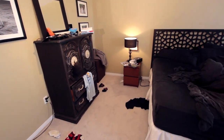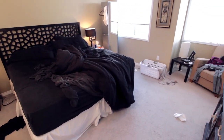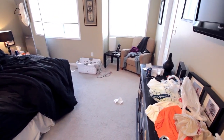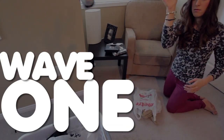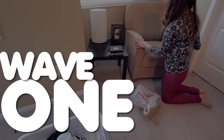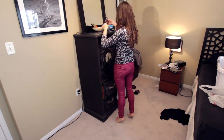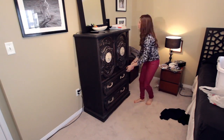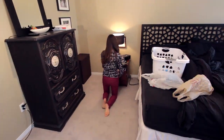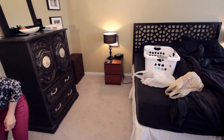Alrighty, here it is, my bedroom in all its messy glory. This is what it really looks like after not being clean for about 2 weeks. For your first wave and all waves, you need to pick a starting point and then you work clockwise from there. I'm going to make my door the start point, or 12 o'clock. I'll tidy the room here, so I'm going to work section by section as I go along,